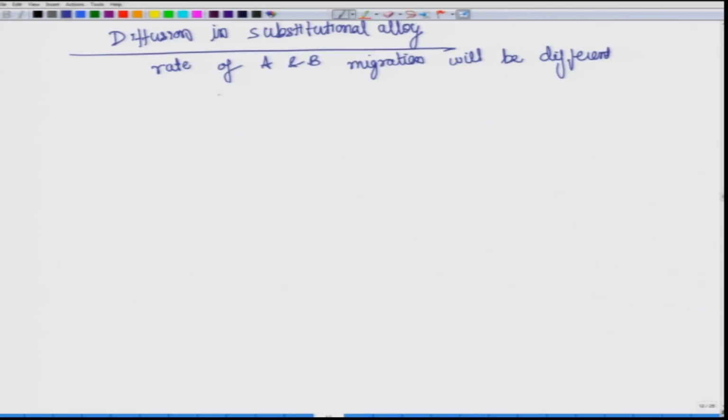And if you want to talk about just the A, then we can use the self diffusion coefficient, and you can write something like this. Okay, this is a starting point, as you would realize, because we want to finally understand when A is in B and B is in A. And of course, JA and JB are fluxes across a particular plane.